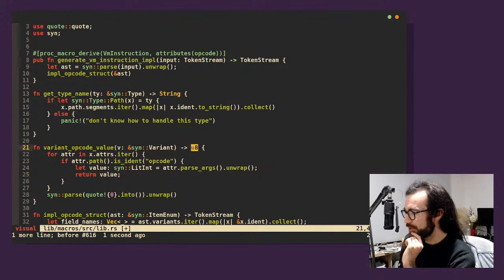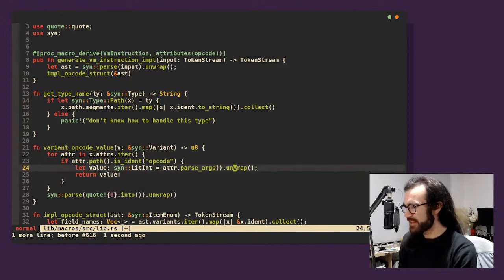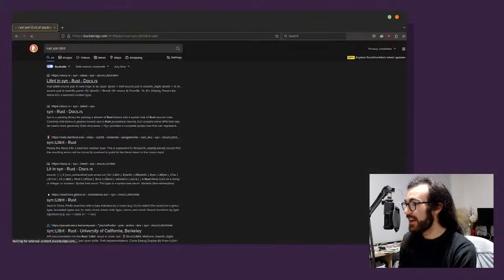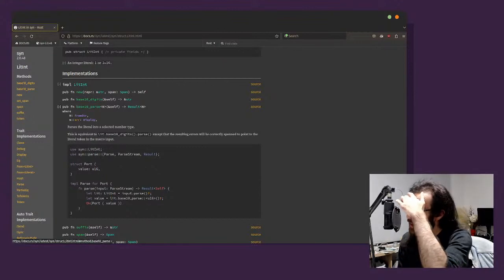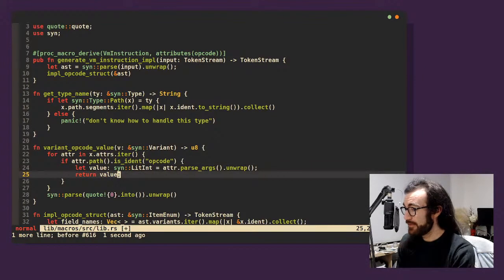Now, this is not a U8. This pass args unwrap, this is not a U8. Right now, this is something else. It's a lit int, and we're going to dive back into our wonderful Rust syn LitInt docs and see how we can get this as a thing. And it looks like there's a base 10 parse function. So let's go base 10 parse